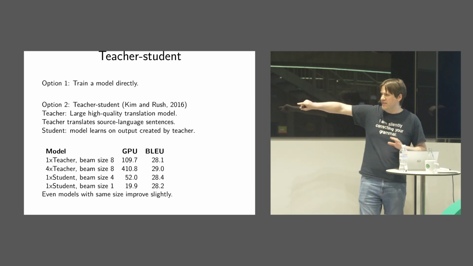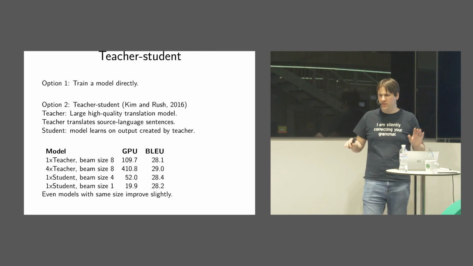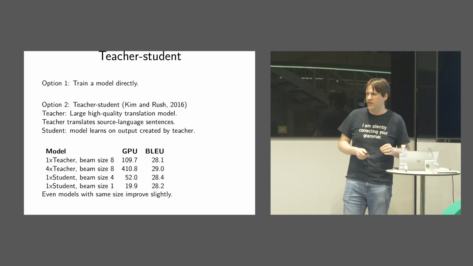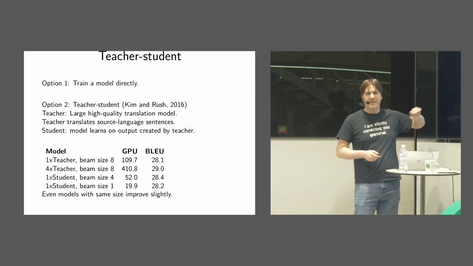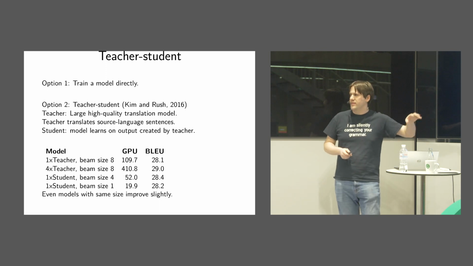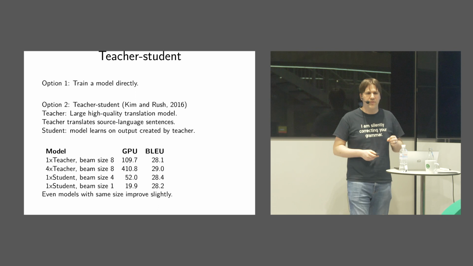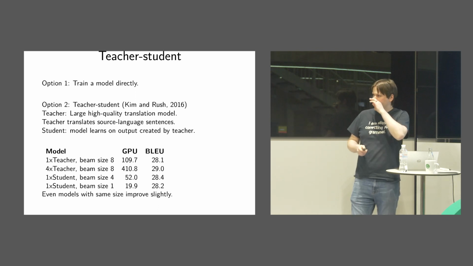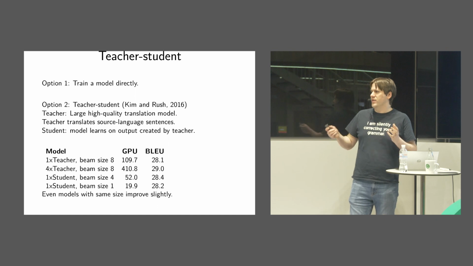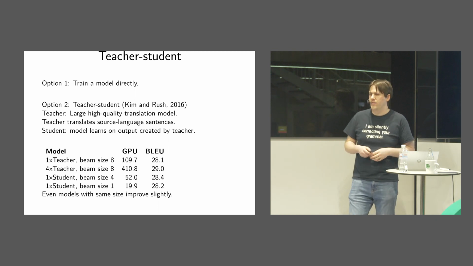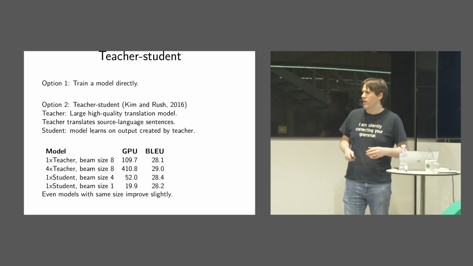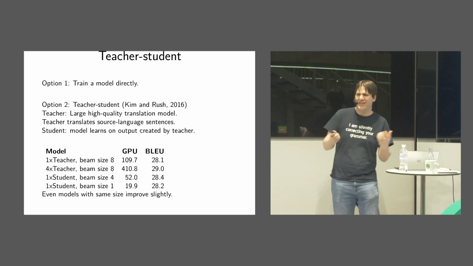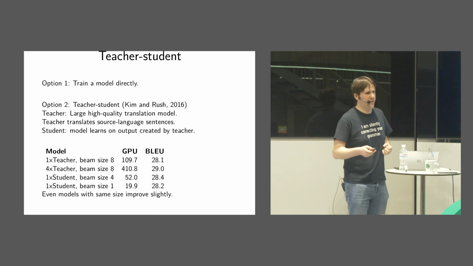But I'm showing you, at least in terms of BLEU scores, which we can argue about whether they're the best evaluation of translation quality, the amount of time it takes on a GPU, in this case, this is the number of seconds to translate 2,797 sentences on that V100 GPU. And if we have an ensemble of 4 teachers with a beam size of 8, it takes 410 seconds, but then we can actually compress it to an even smaller system that runs faster, and you can take an ensemble and still get some of the gains from an ensemble even though you're only running one student.